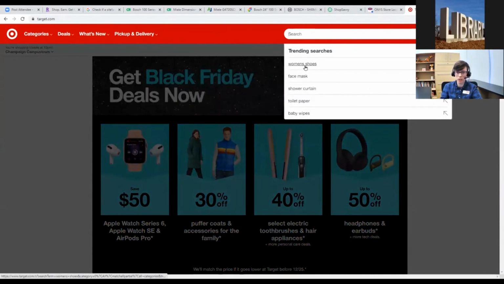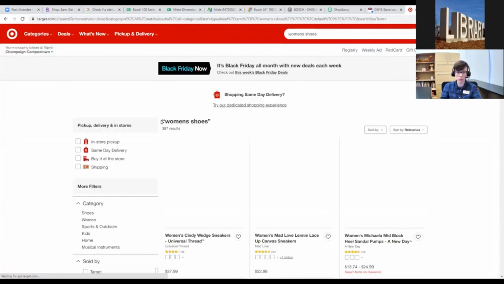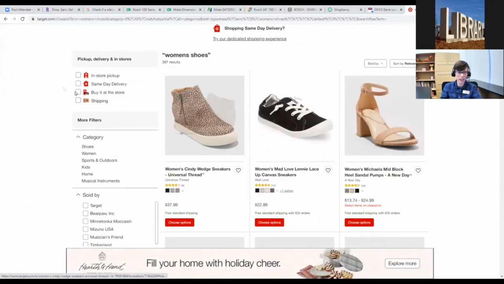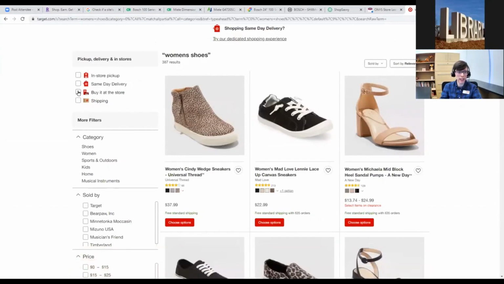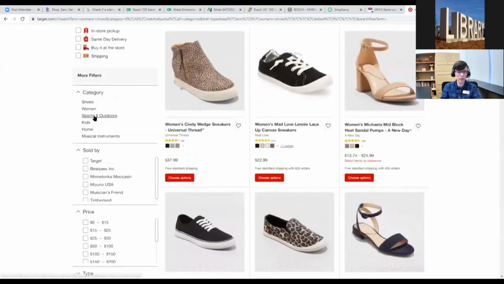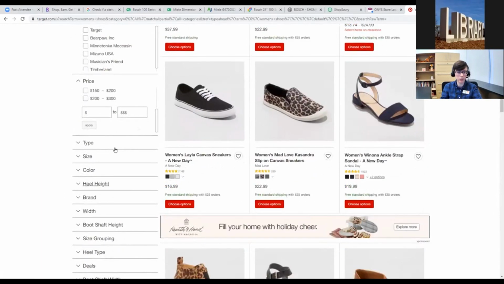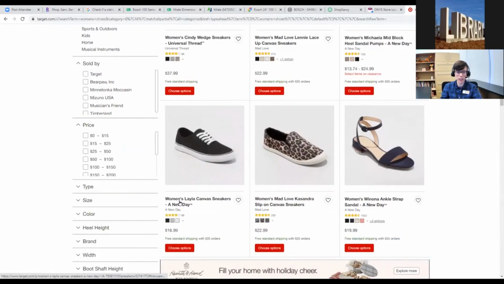These are just auto-filled. So let's do women's shoes. And then at the side here, I can see how I want it delivered. Do I want to buy it at the store, same day delivery? And then I can go and filter other stuff. But if I click on an item,